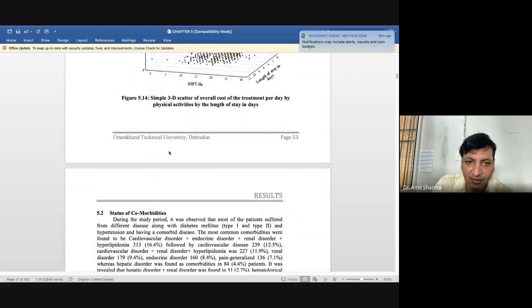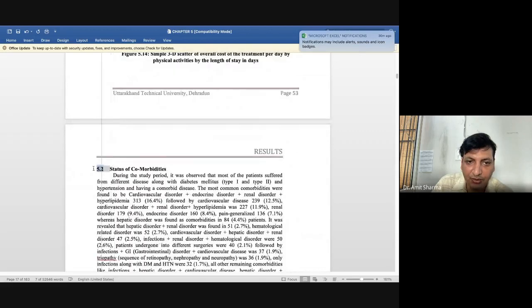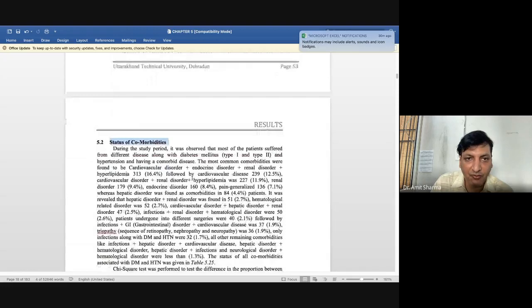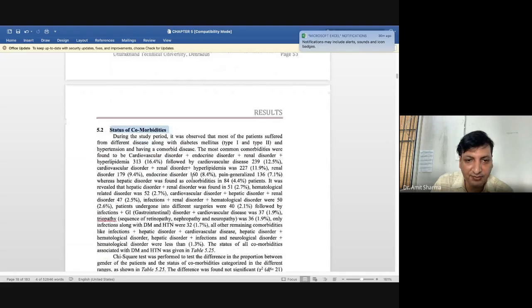Once the descriptive statistics were finished, I came to status of comorbidity. Now I have not switched to the patient profile. I came to disease, that is, from which different diseases the patient was suffering. Whatever I discussed on the top till here is descriptive statistics, and from here it is analytical, where I applied a test.